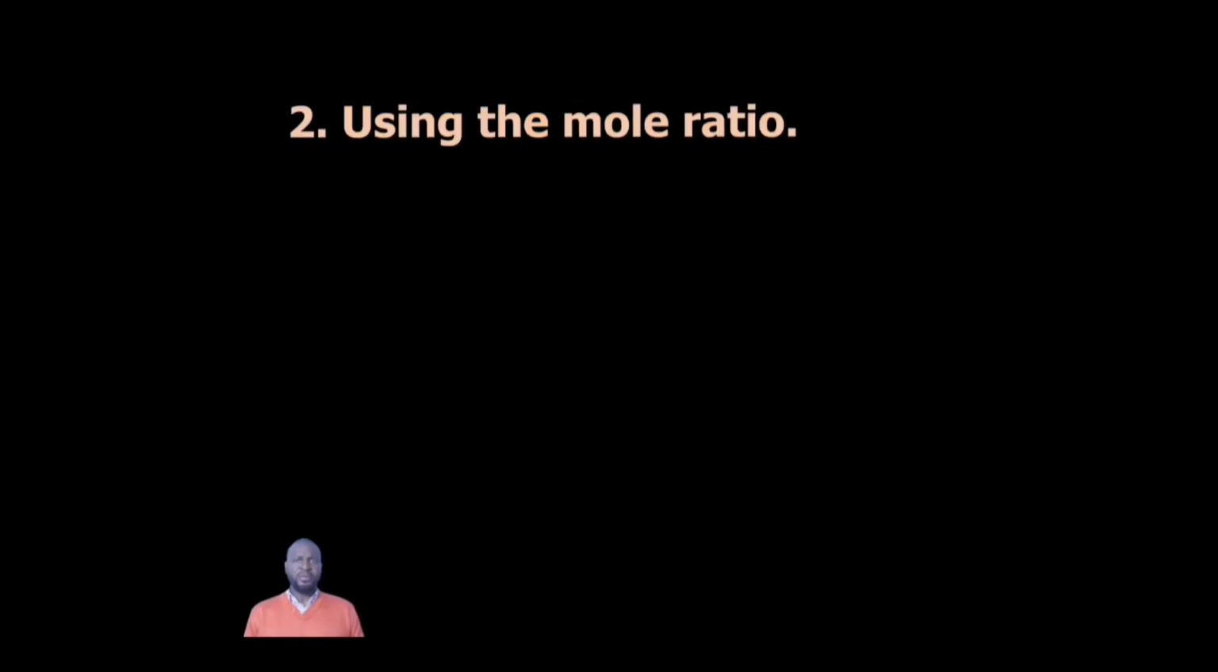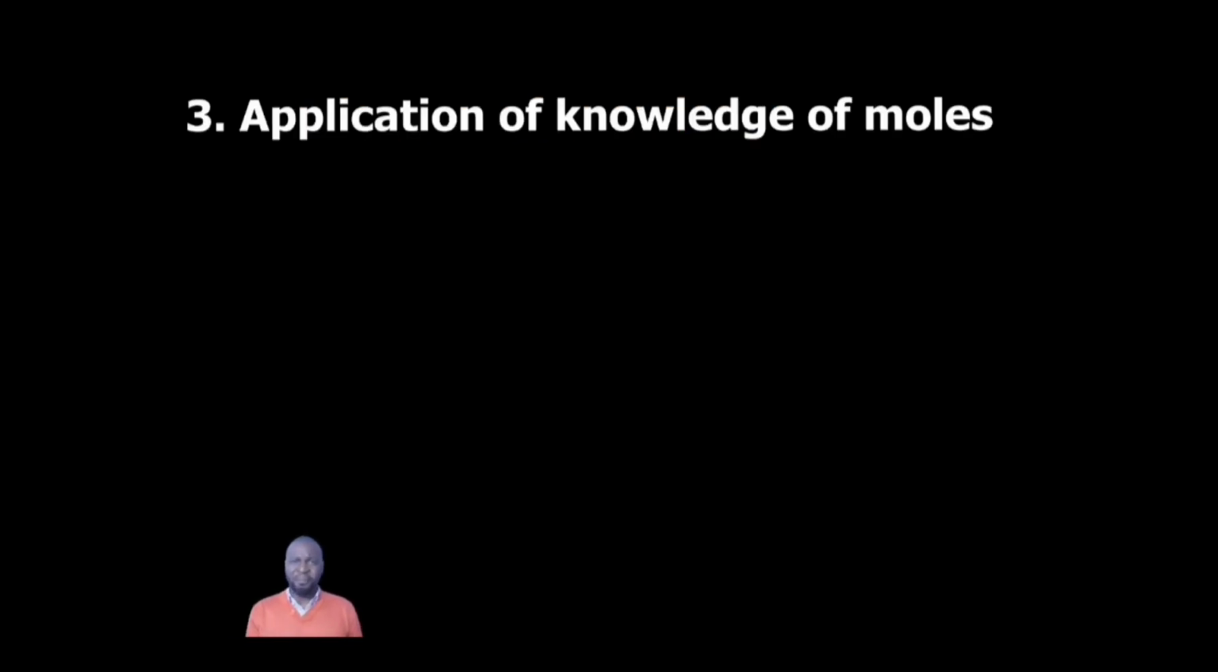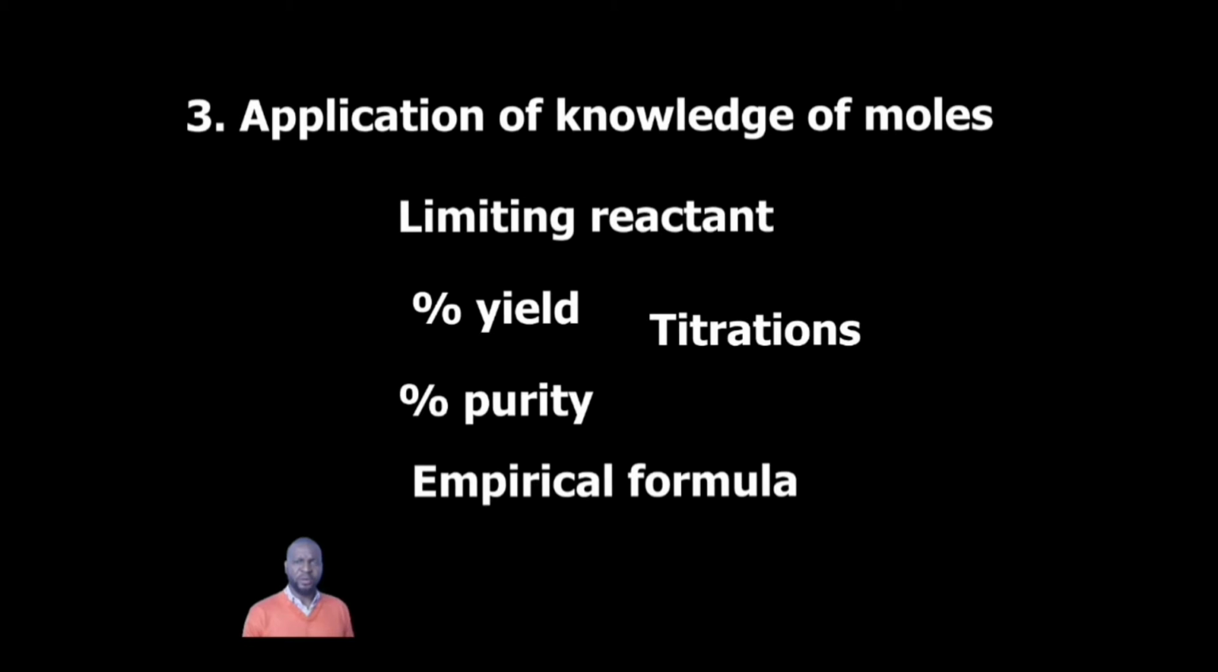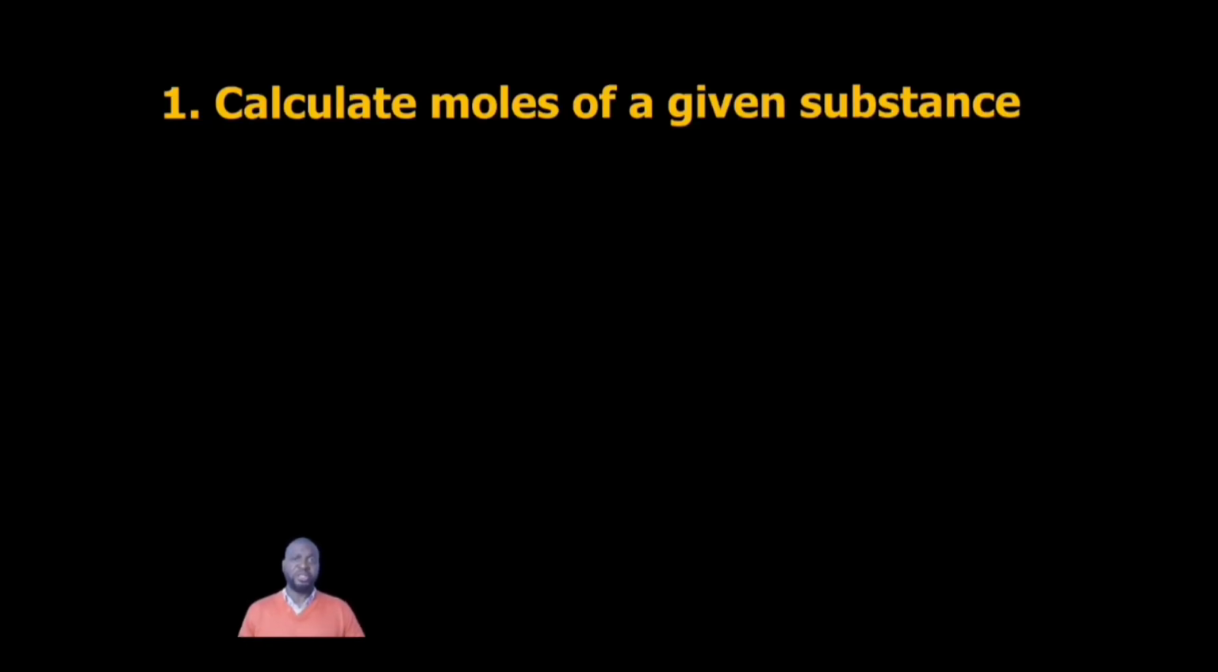Okay? The second skill that you need to have is how to use this idea of what is known as a mole ratio, a ratio of the moles, using the stoichiometric coefficients. And the last skill is obviously application of those mole ideas now: percentage yield, percentage purity, empirical formula, okay, so applications like that, acid-base titrations. All right, so in this video we're going to try and develop skills relating to moles. So right now I'm going to jump straight into the first skill that you need, which is the basic skill,